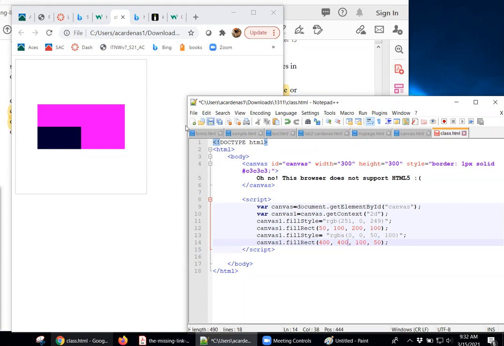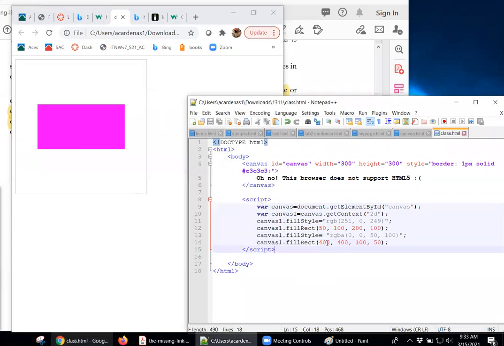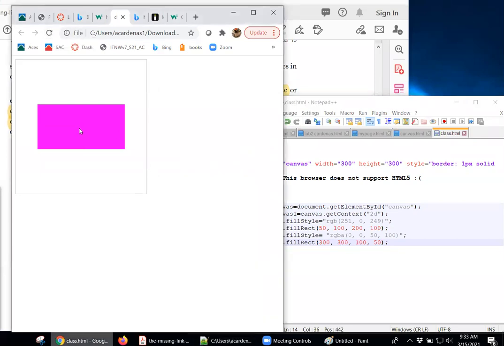400 by 400, if I save and refresh, you just don't see it anymore because it starts way on the bottom here. So let me go ahead and make it so that maybe it starts at 300. Would that work? If the rectangle started at 300, save and then refresh? Well, no, because the 300 is this very last dot here, and